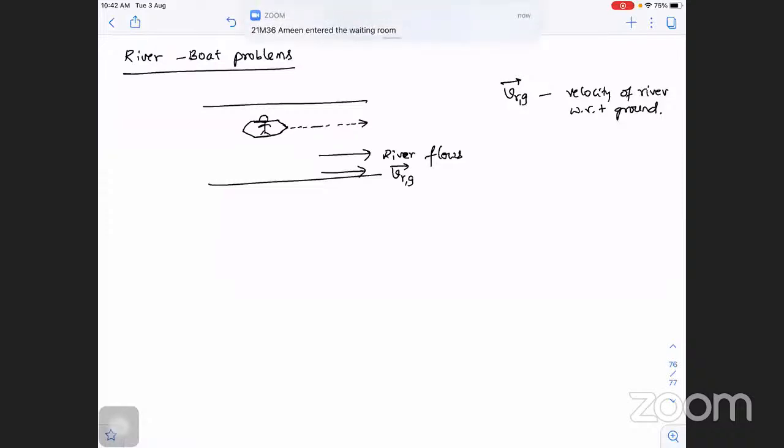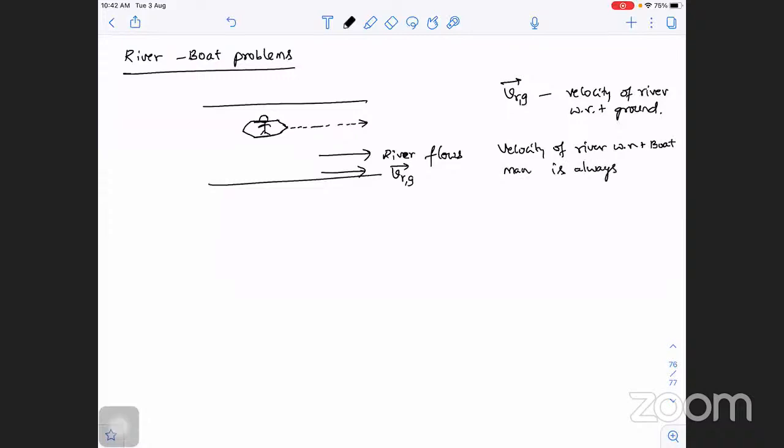Very good, 0. Correct, 0. See, boat velocity is equal to river velocity, because it is there inside the river. As the boat is inside the river, the boat automatically gets the velocity of the river. Okay, so I can write down the velocity of the river with respect to the boat, the boatman or the person inside the boat. Can you see, it is always 0, as seen by the person inside the boat or as seen by the swimmer.